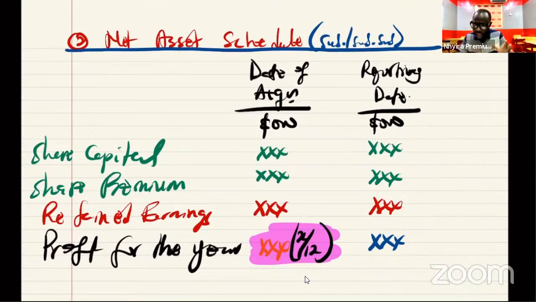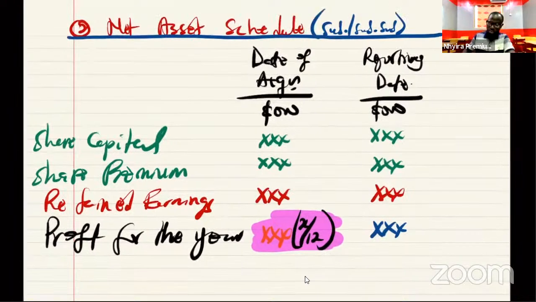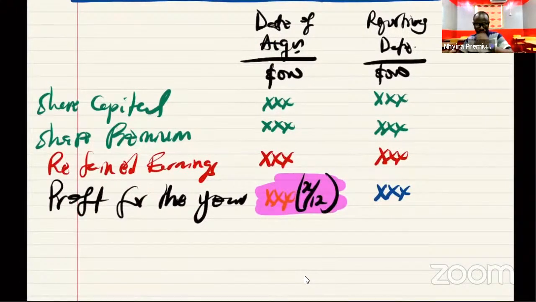So if it is not a full year acquisition, then we have to split the profit and bring the portion relating to the profit they earned before we came in to acquire them. Okay, Peter has confirmed 833. So that is what we mean by the profit for the year. So we bring in share capital, share premium, your retained earnings at the date of acquisition, the same will come to the reporting date. Then we bring in the profit for the year, and that's how we do the treatment on that.